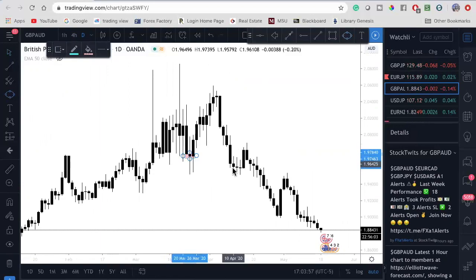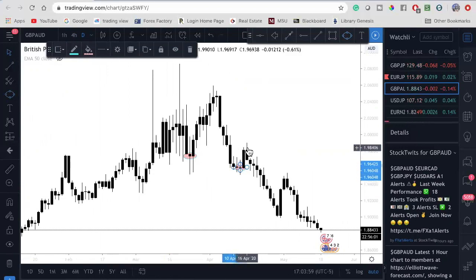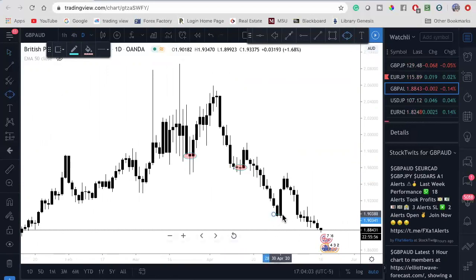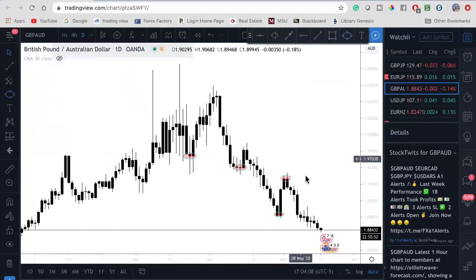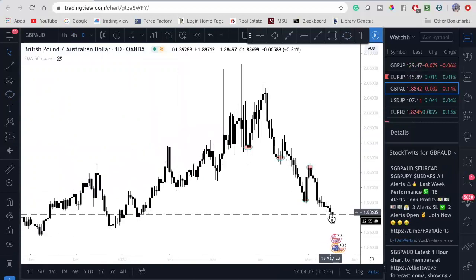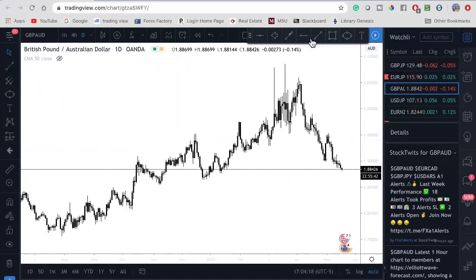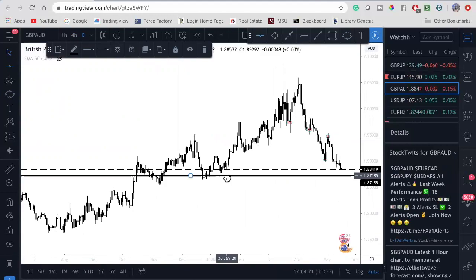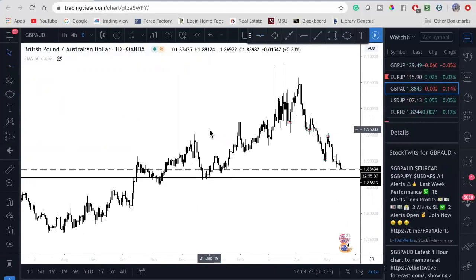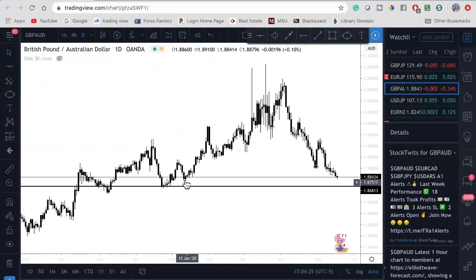Low, new low, retest, breakdown, new low, lower high, new low. So right now on the daily, I'm looking for a little bit of a retest and more sells. We could sell really down to this zone right here safely. Looks pretty safe. Right now we have a little bit of this rejection that we could probably see at the